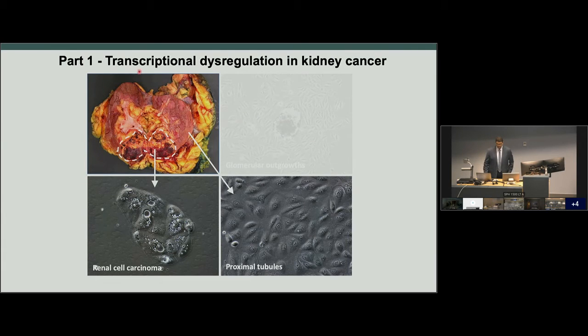But we can take the cells, say the kidney cancer cells, out. They can grow out in culture. We can take kidney cortex and tubules as well. They grow out really well. You can see that they look quite different. The cancer cells actually grow much slower than tubule cells in culture. They also oftentimes have vacuoles, which are typical for adenocarcinoma in culture.